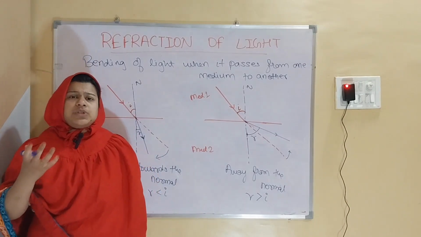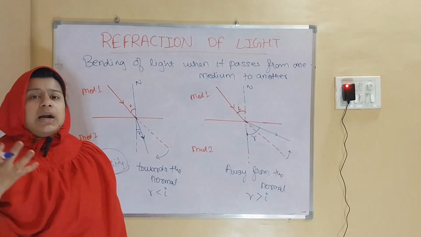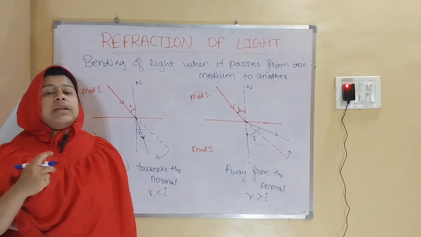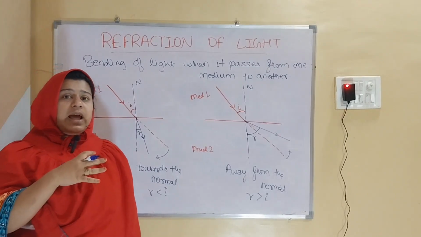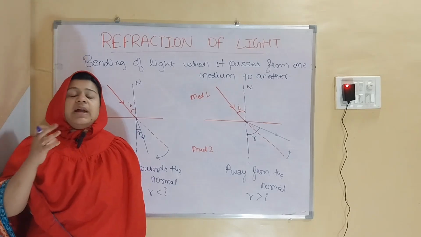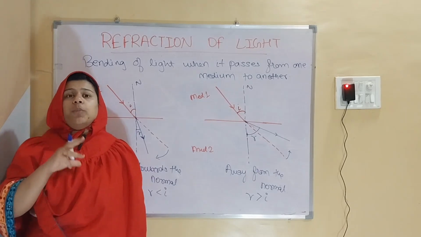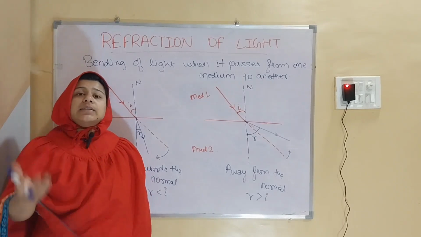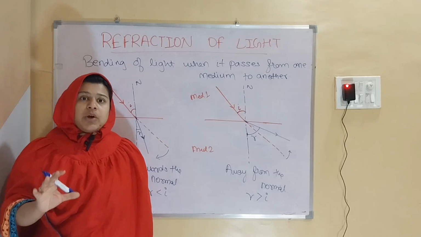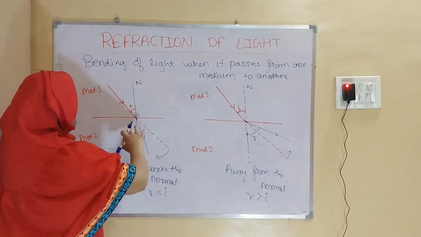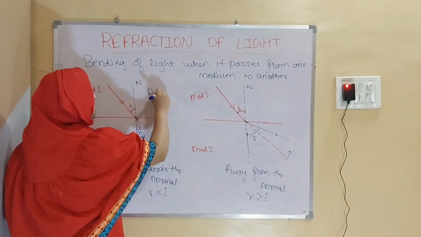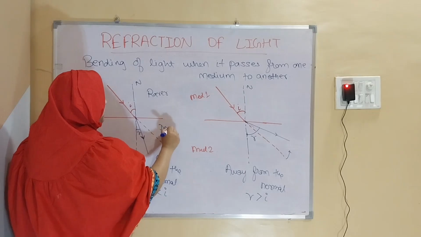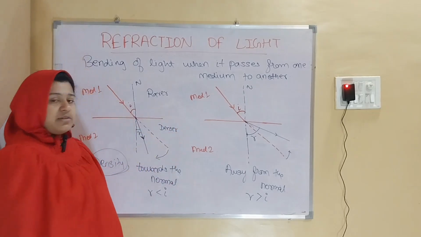कि मतलब कोई भी चीज, कोई भी substance कितना गाढ़ा है, that is known as density of a medium. So medium दो तरह के होते हैं, one is denser and the other is rarer. Okay, it is a comparative word. जब हम दो mediums को compare करेंगे, so one will be the denser medium and the other one will be a rarer medium. Okay, so suppose the first medium is rarer and the second medium is denser.